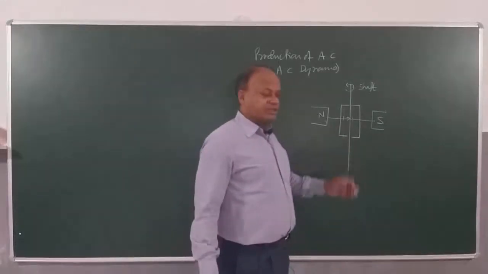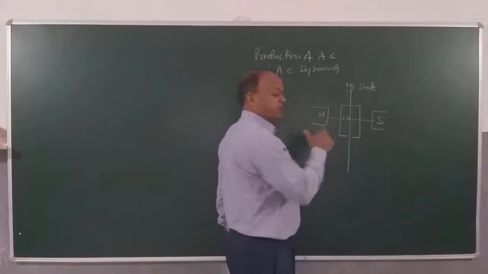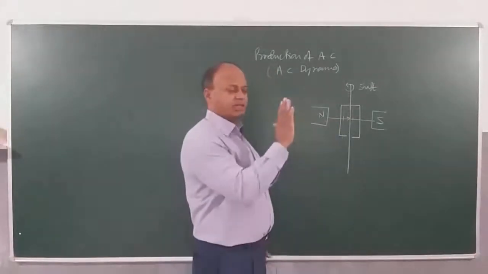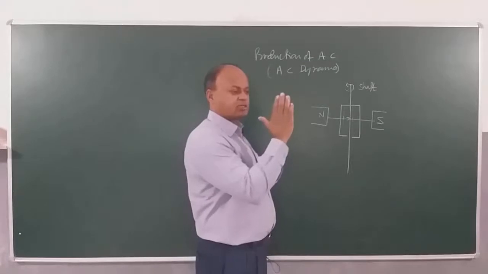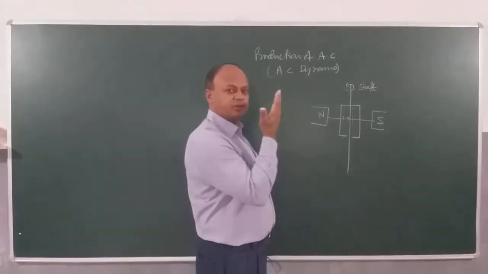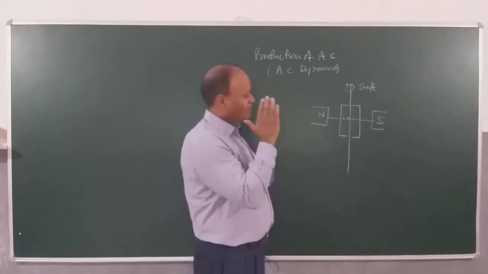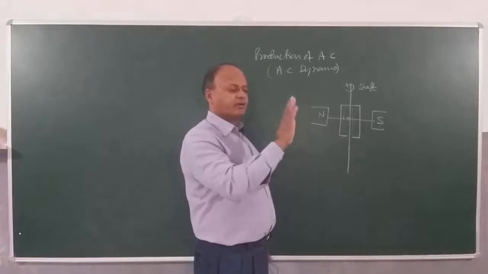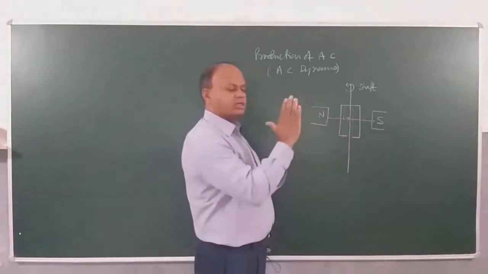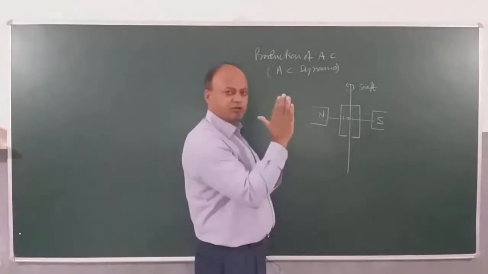Now imagine a situation when the coil is going inside. This is how the coil is, and suppose the coil is turning anti-clockwise, going like this. So it will rotate by how many degrees now? 90 degrees, right? So let's see what will be the direction of the induced current when it is turning from this position to this position, inwards. It is going inside.